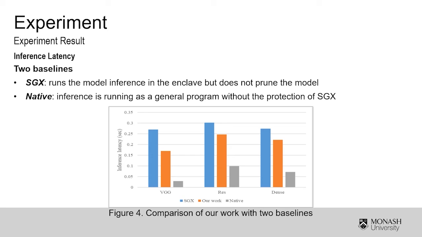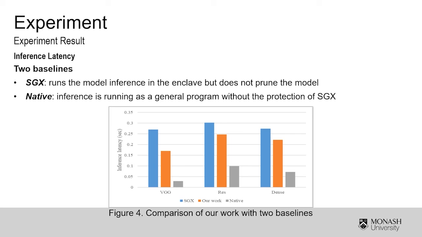We can see that DNN inference has a significant latency in the SGX environment, up to 9 times in the VGGNet inference. In this figure, we can see that the inference speed of the permed model running on the SGX is significantly improved. For the VGG16, the inference speed is improved by 37% compared to the unpermed model. On the other hand, the improvement for ResNet and DenseNet was smaller, but still about 20% for each.